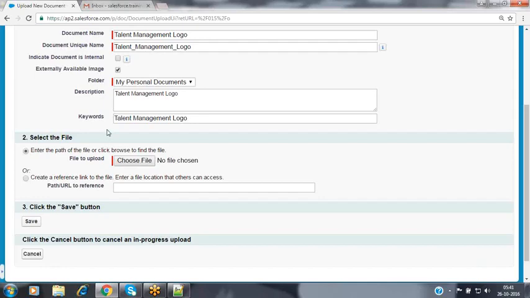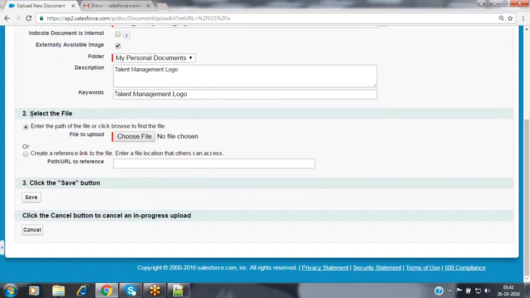Now after that, select the image, nothing but the file. Whenever you want to upload an image into the Documents folder, you will have two options. One is Choose File, the second one is to specify the path or the URL. If the image is available inside your local system, then use Choose File in order to select that image from your local system.